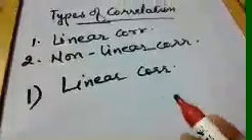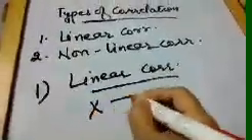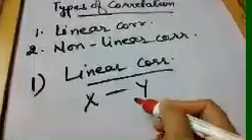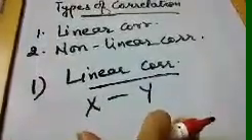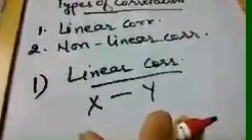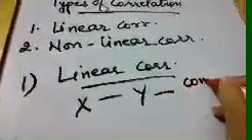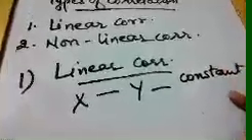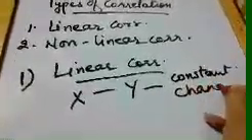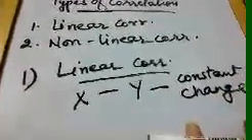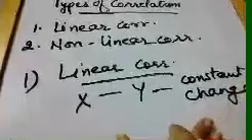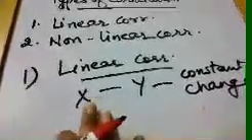Children, in linear correlationship, when two variables are given to us, suppose x and y variable, they are related to each other. These two variables show a change. Okay, and what type of change do they show? They show a constant change. Okay, when two variables which are given to us show any sort of constant change, then that type of correlation can be classified as linear correlation.